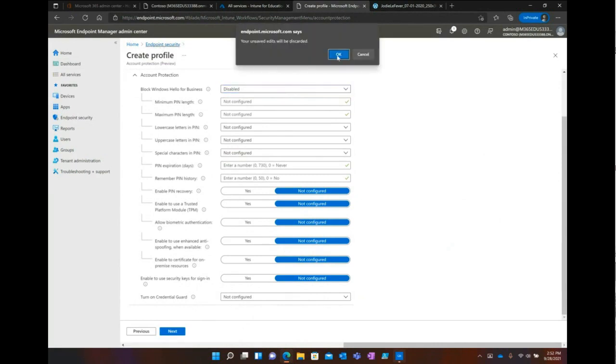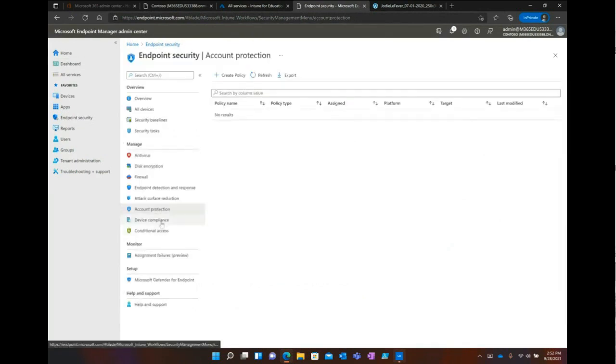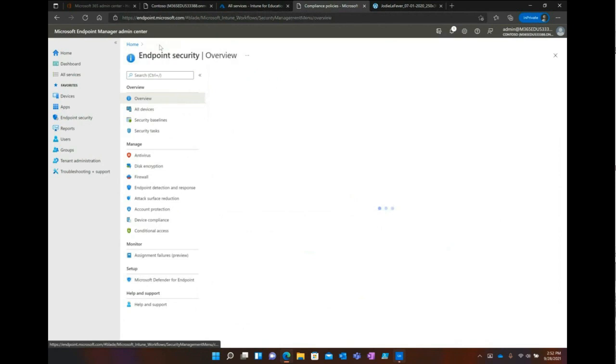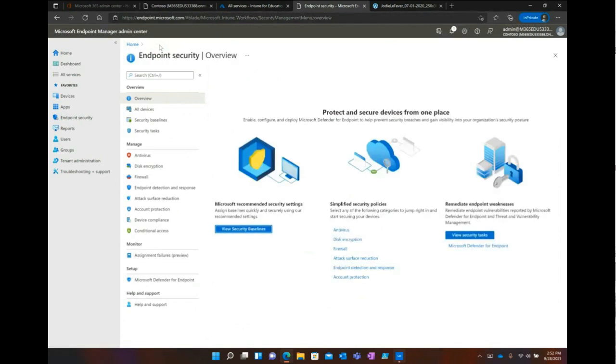So going back to our endpoint security, we have device compliance, so you can set things that say make sure devices are at a certain version of Windows 10 or have so many updates installed. You can set conditional access policies to say maybe if a machine were to go outside the U.S., that it locks down all your corporate data, that they can't access it because it's not likely. I know we have foreign exchange students, but that was just an example to throw out there.